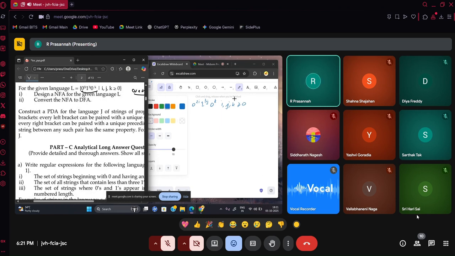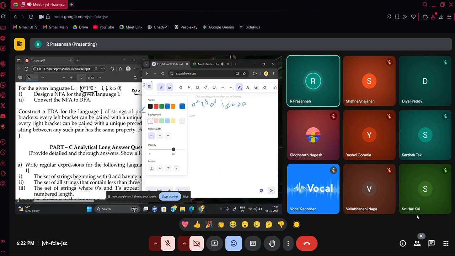Yep. Okay. Now NFA and then convert it to DFA. So let's start with the start state. The first thing we need to do is accept a string with an even number of zeros. So again, the empty string is accepted,